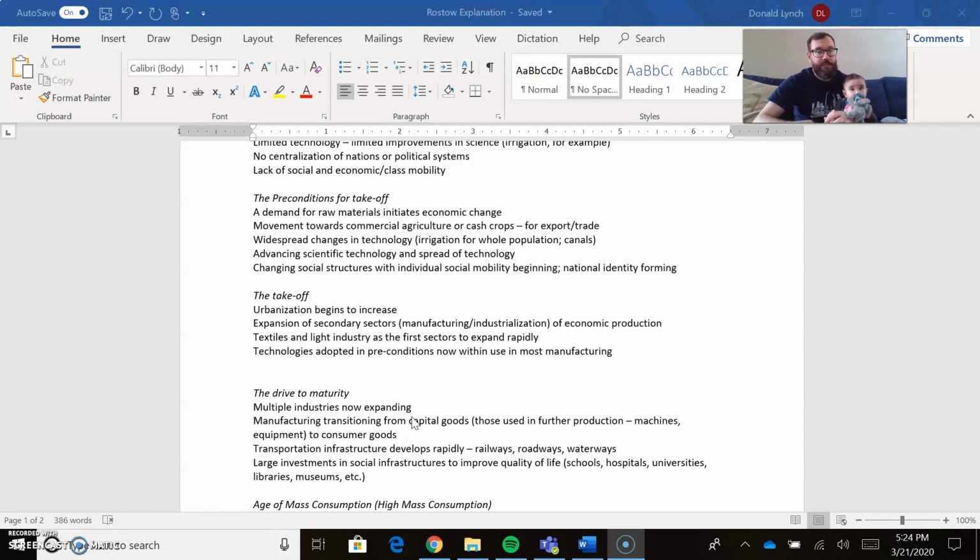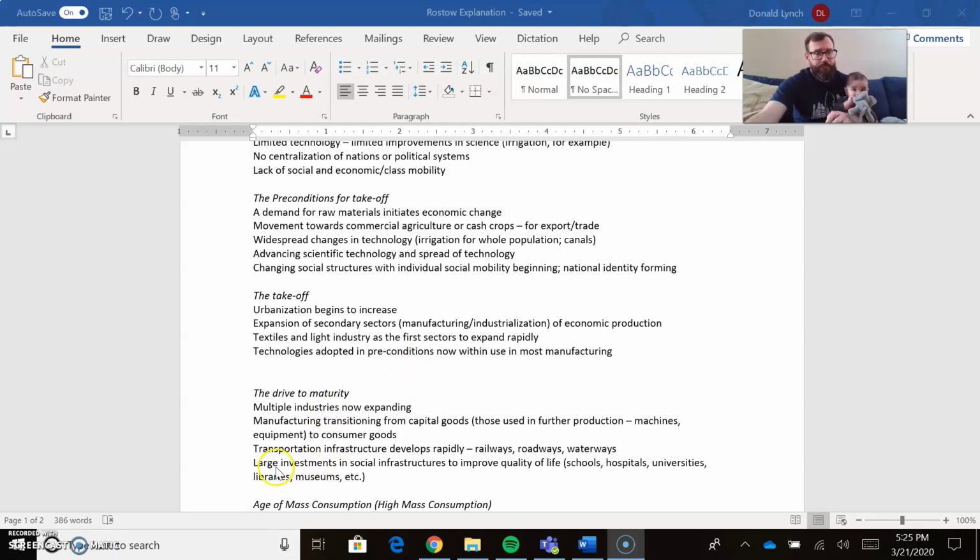The other thing that we see is in the takeoff stage, we maybe had railways, roadways, waterways, being invested in and being pushed in the country, but now this is going to be widespread and it's going to develop much more rapidly, become more efficient. Even up here in these preconditions with transportation, that would have been an external force that was kind of building all of these. So think of the rail systems in India for the British and any sort of colonizer in Africa building their own transportation networks.